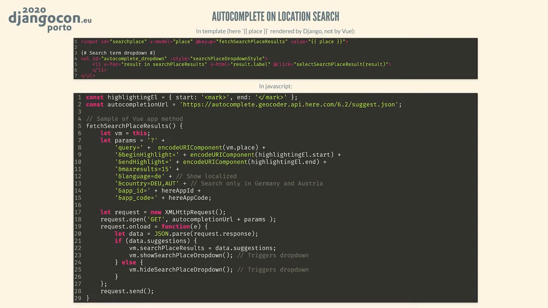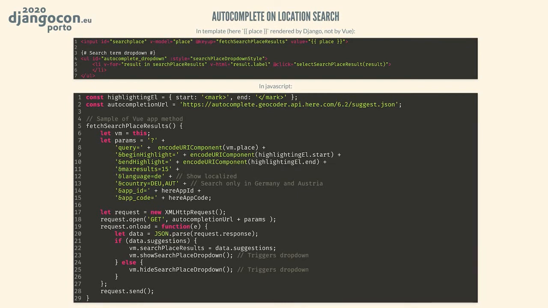In the request to the Here Maps API, in the query string, it's possible to set many different settings that are required by a project. For example, the results language, the countries that will be used for the search, the max results and similar things.